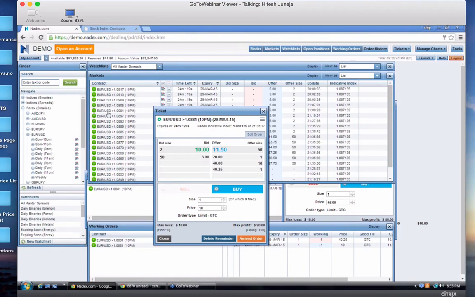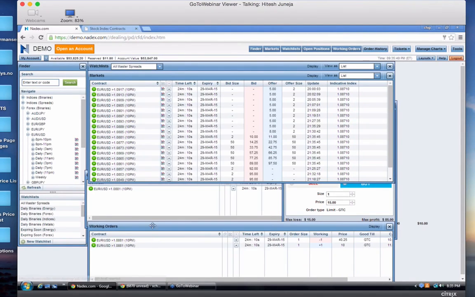Strike price is you saying that at the end, 24 minutes from now, the price will be above or below this level. That's basically what a strike price is. In this case, we are saying it's going to be above 1.0889, or chip is right now on 1.0889, for example.